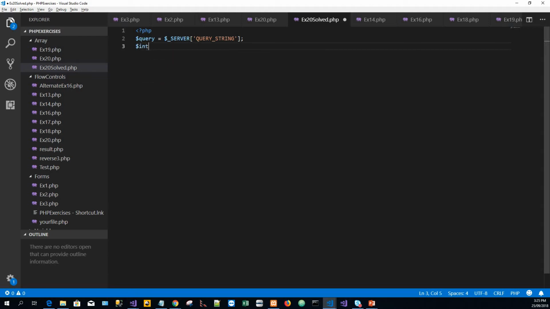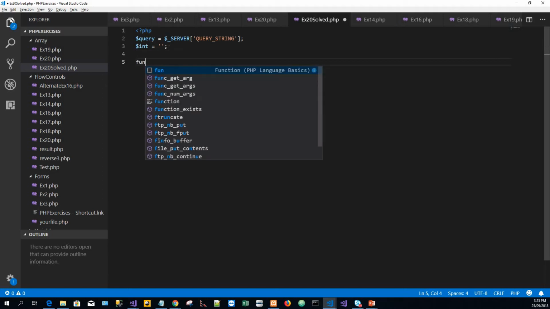And $int equals an array, empty array to start with. So what I said to do is to get the query string and use the built-in explode function in PHP with an array map to make an array with n number of elements out of that string, which is comma separated basically. So I'm going to write the first function